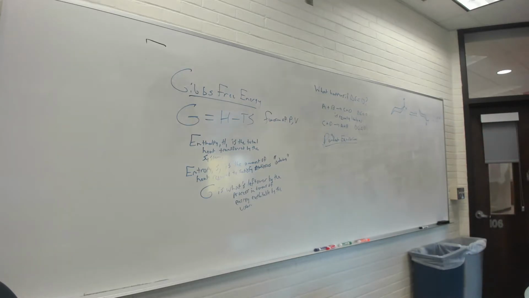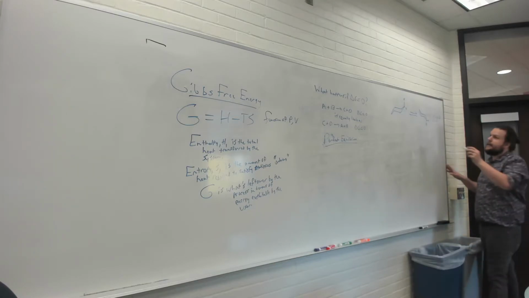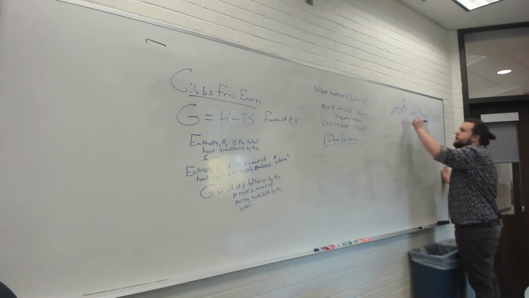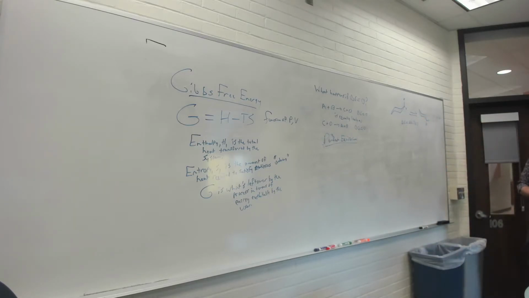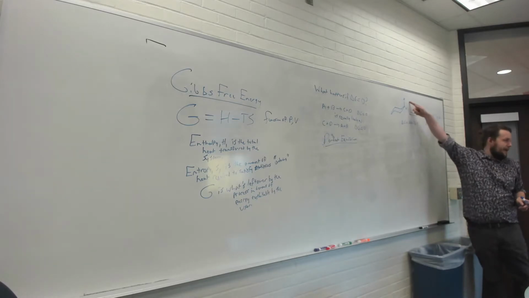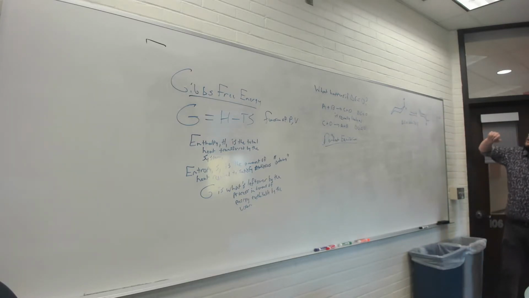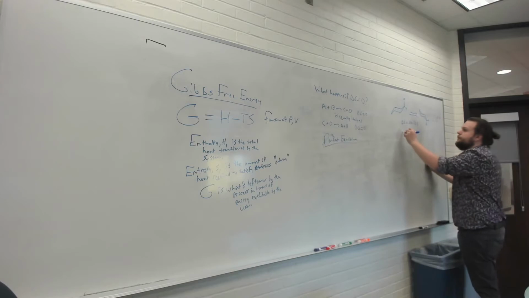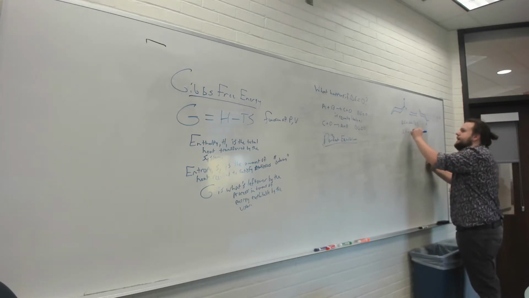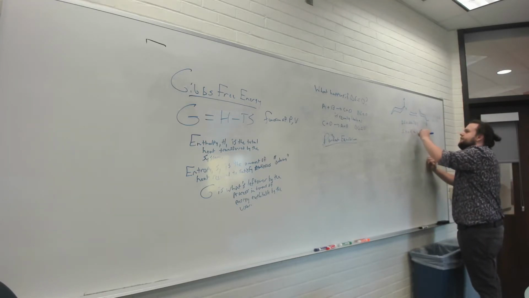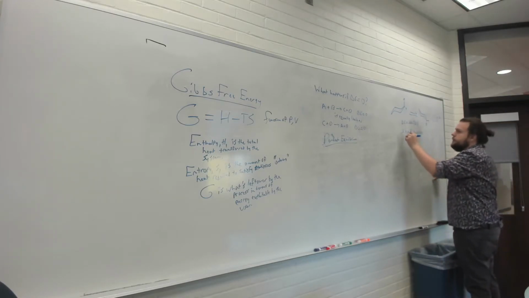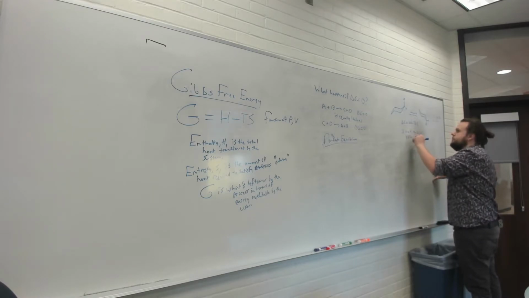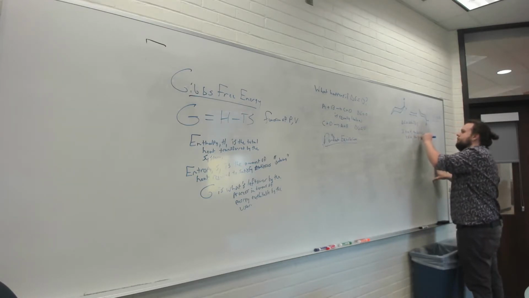Now I'm going to make a claim in this reaction. Let's write that again: delta G is equal to delta H minus T delta S. So there's going to be some energy difference between the two, unless X is H, then they're equivalent. If X is equal to H, then delta G is equal to 0 because these are the same structure. We'll talk about that in a second. But if X is not equal to H, then delta G is not equal to 0 because they have slightly